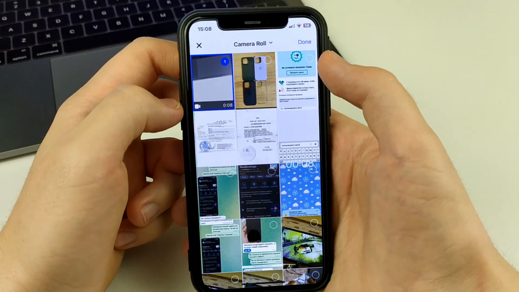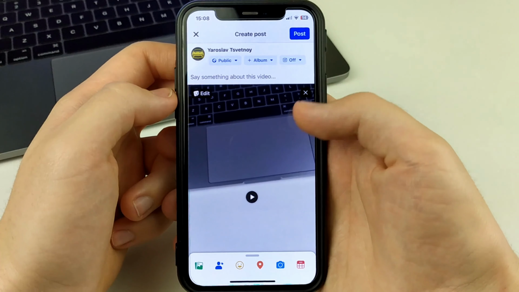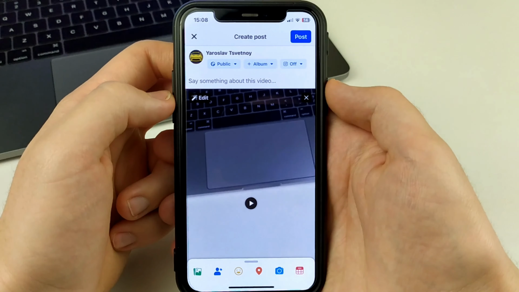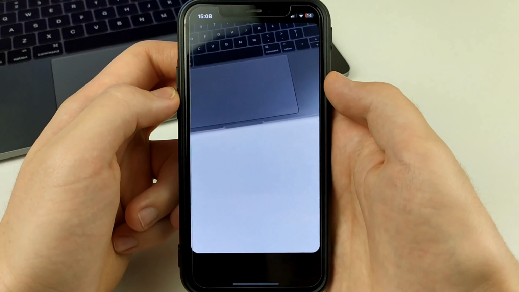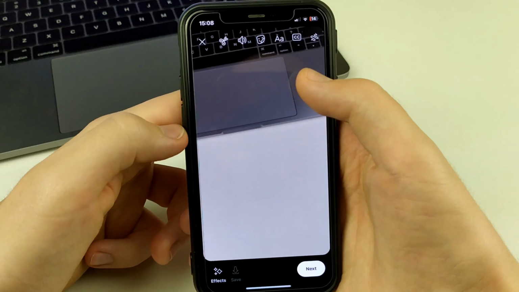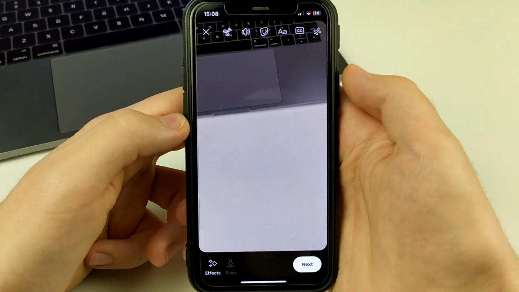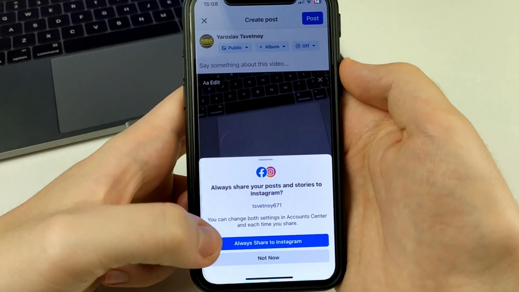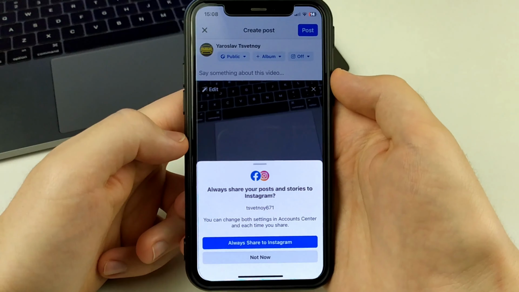Now here we can change it. So like I said, add some smiley faces to the description. We can click here, Edit. Change the effects, add music, add some emoticons. After that, I click Post and click Publish. And it'll publish the post and it'll upload it to your Facebook profile.